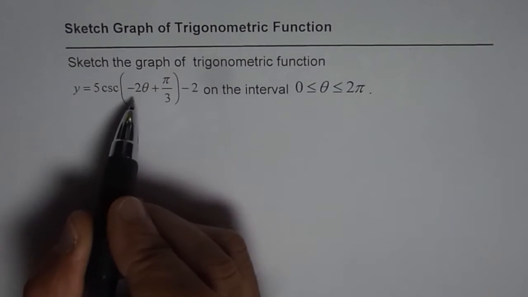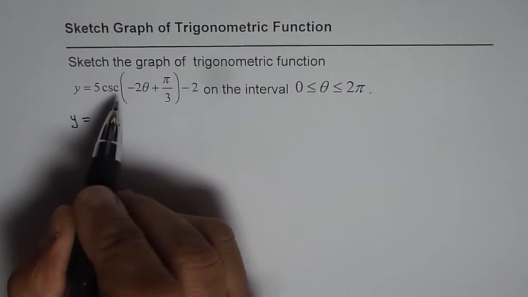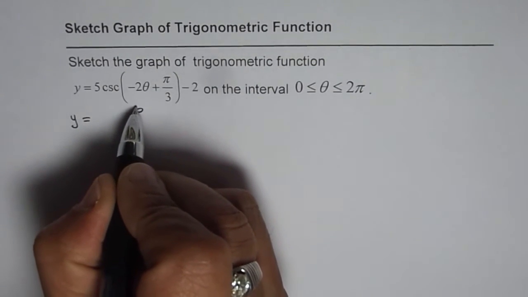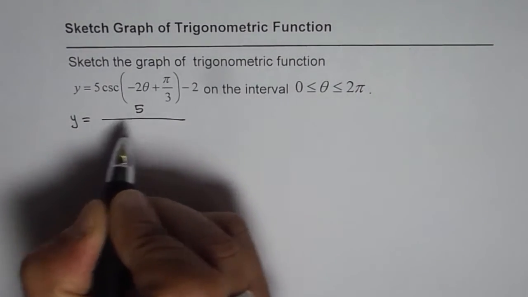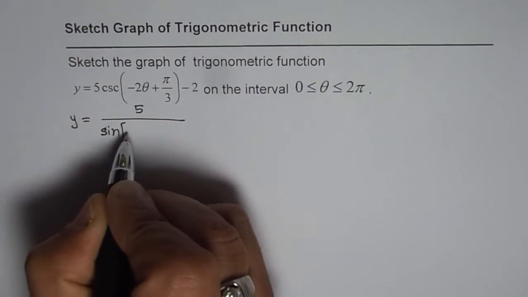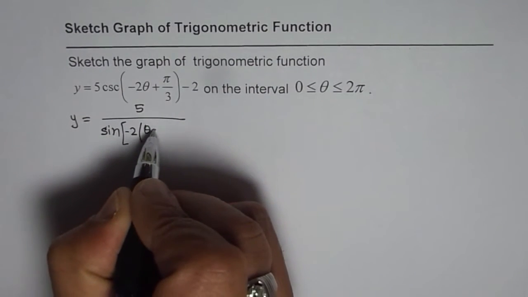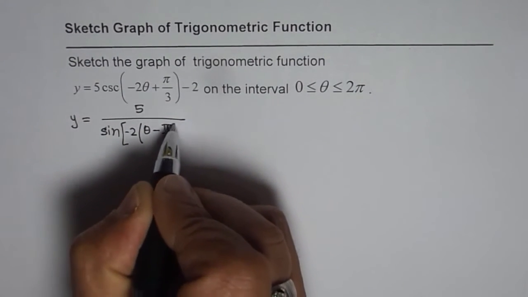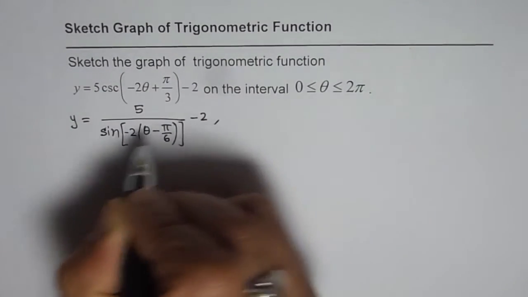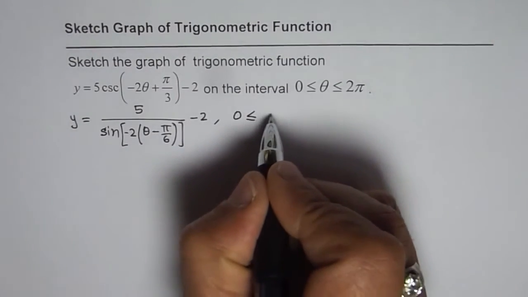Okay, let's first understand the question itself. It says y equals 5 cosecant. We can write cosecant as the reciprocal of sine, right? So I could write this as 5 over sine of, I always like to factor this part, so factoring out minus 2, you get theta minus pi by 6, bracket close, minus 2, and we are going to solve this question within the interval 0 to 2 pi,